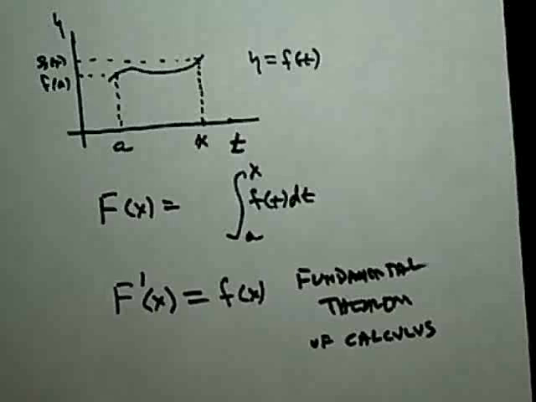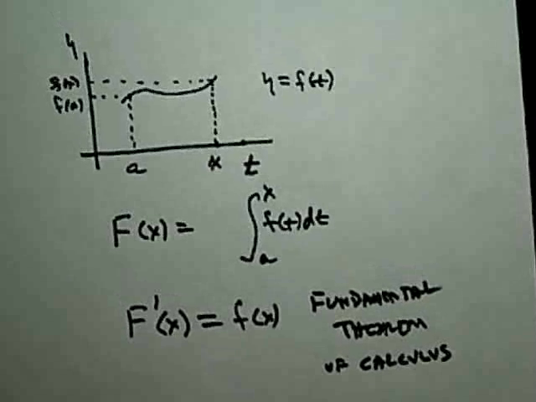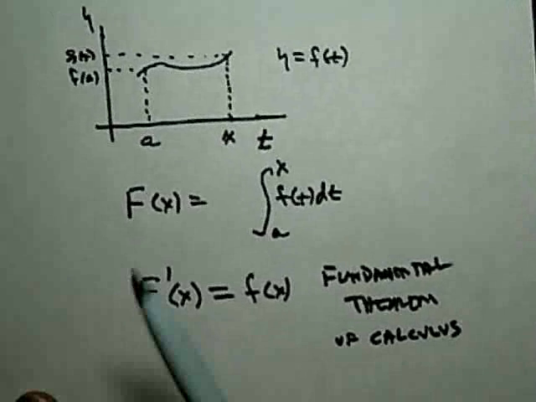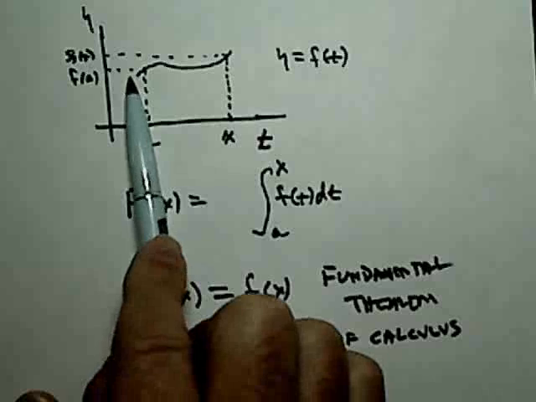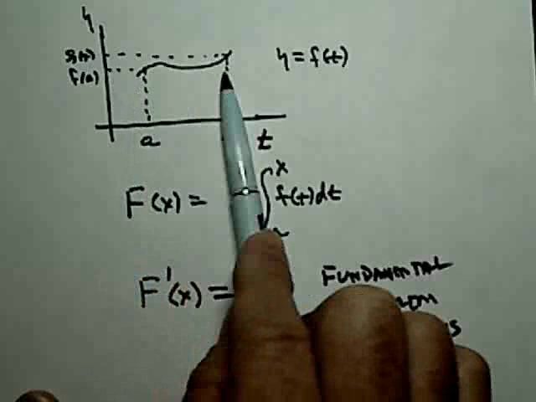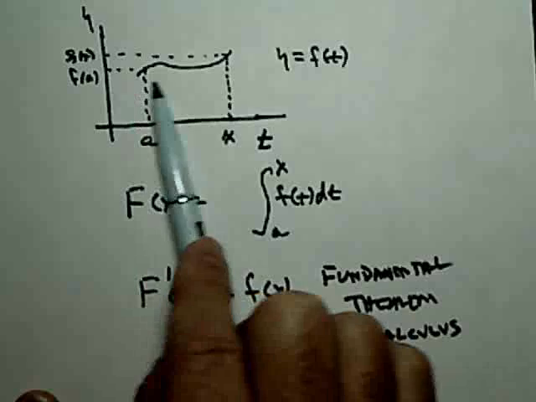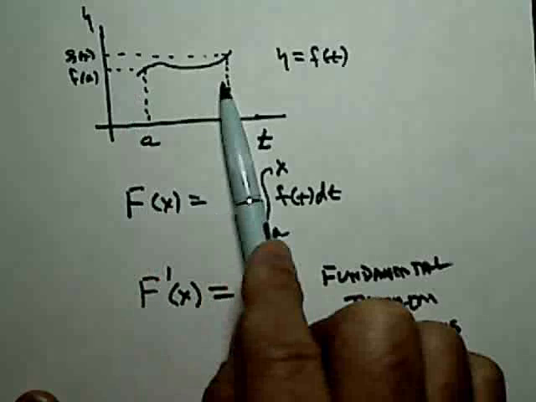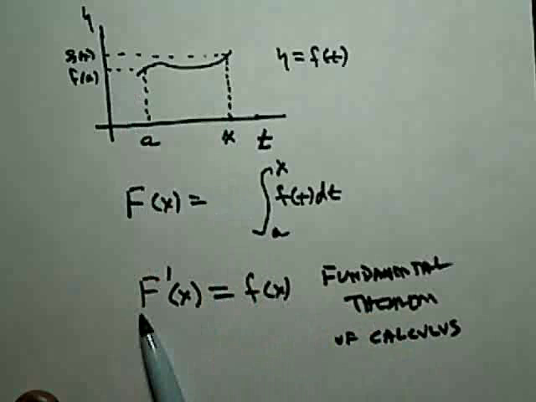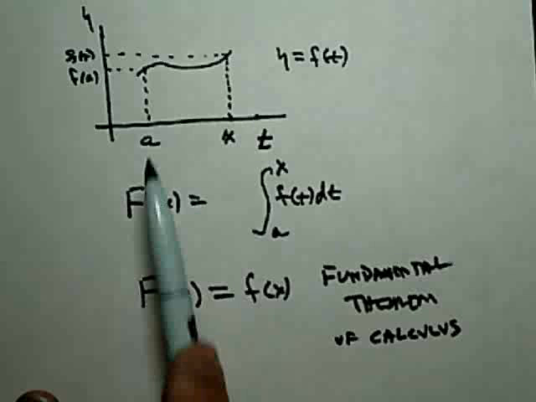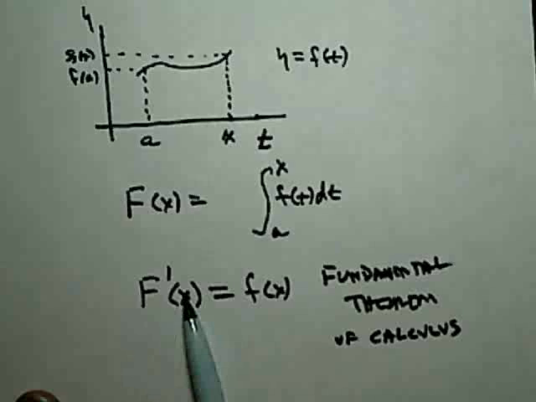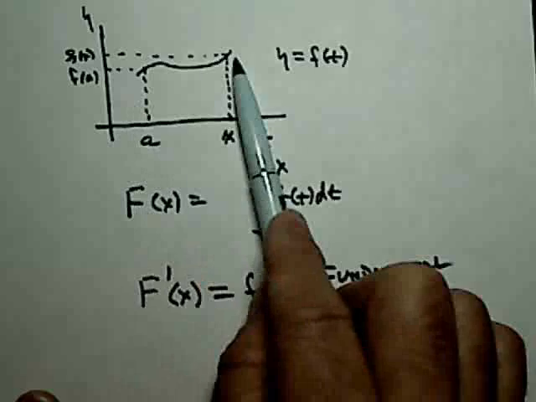Now, when you first see this, it almost may leave you cold. You may say, what is he really saying here? Well, what our ancestors have done for us is relate the concept of the integral, which is continuous summation, its area, to the concept of rate of change. The rate of change of this accumulation of area is equal to whatever it is we're accumulating the area under,